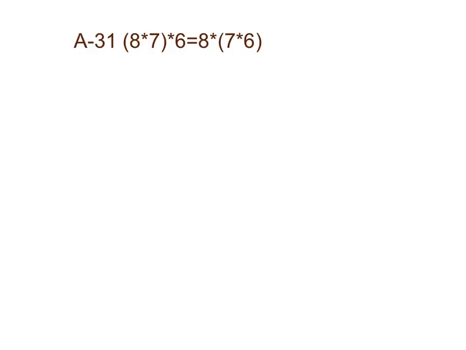Okay, this is video A31, and I'm doing problem number 4. I guess I forgot to put the number in there. So it's saying that I have parentheses, and inside my parentheses I have 8 times 7, and then times 6. And over here inside my parentheses I have 7 times 6, and 8 times the quantity 7